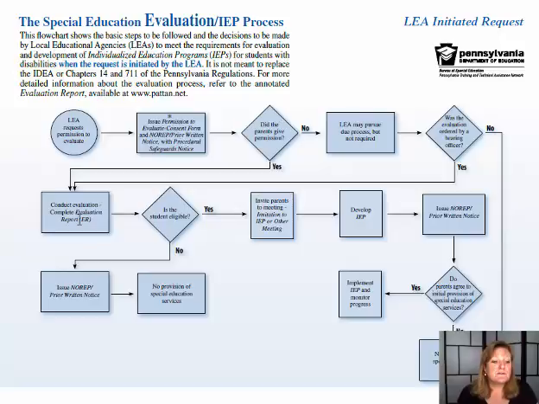Okay, then we move into the evaluation. So who conducts that? The school psychologist. And part of the evaluation includes IQ tests and achievement tests. They also collect all the information they can on curriculum assessments, like unit tests or other sorts of computer tests, or, for those of you who are in schools who use AIMSweb or DIBELS, all of that information, report card grades, PSSA results, Keystone exam results, all of that goes into the evaluation.